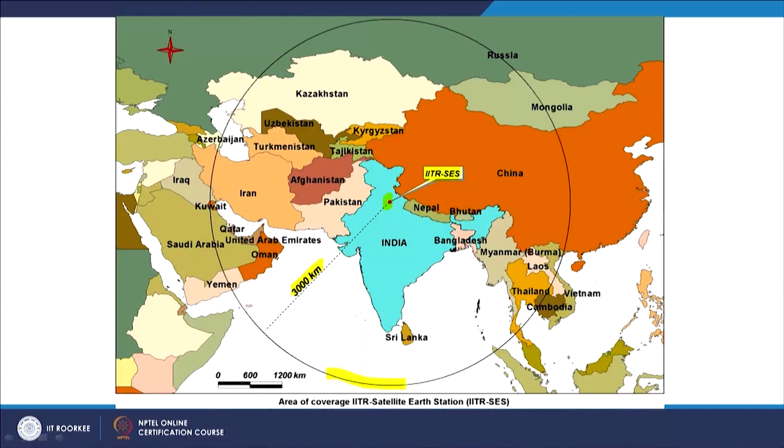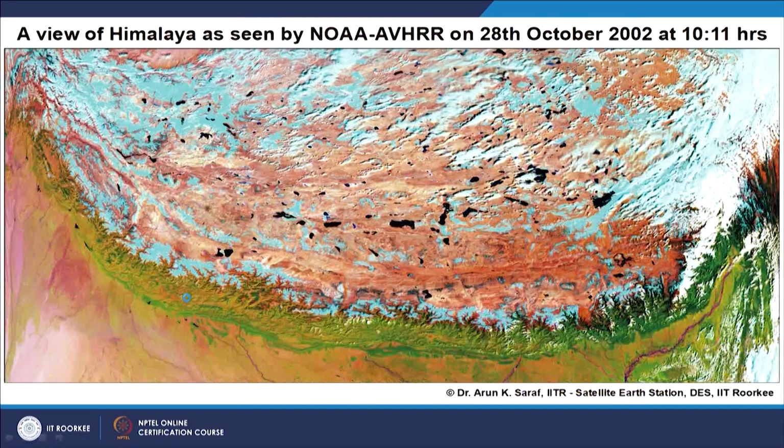So, the base of the cone one has to imagine in space at 840 kilometer, and the apex of that cone is at the IITR SAS location. So, anywhere within this circle, if a satellite is overpassing, if I project everything in 2D, and the satellite is here, then our earth station can acquire data by tilting the antenna towards the direction from where the satellite would be coming. It will keep tracking till that satellite disappears on the other side of the horizon, and this is done all automatically. That is why it is auto.